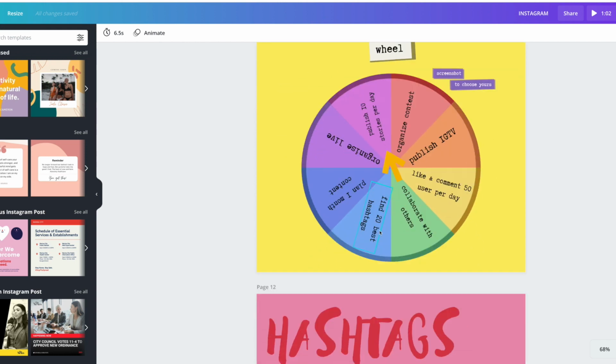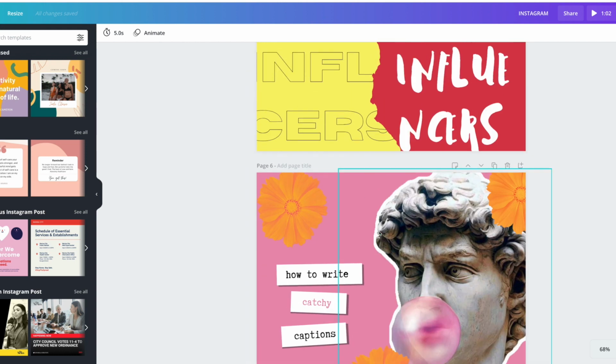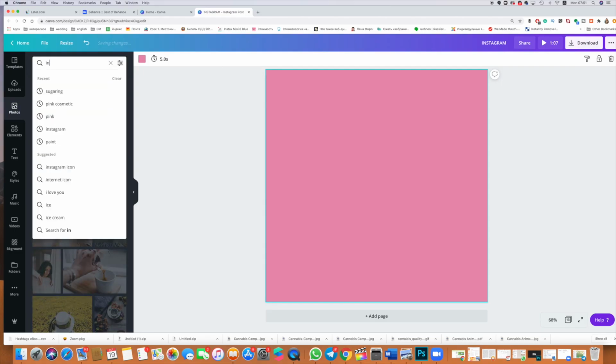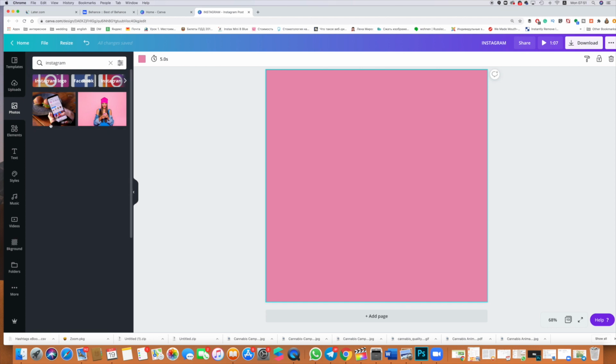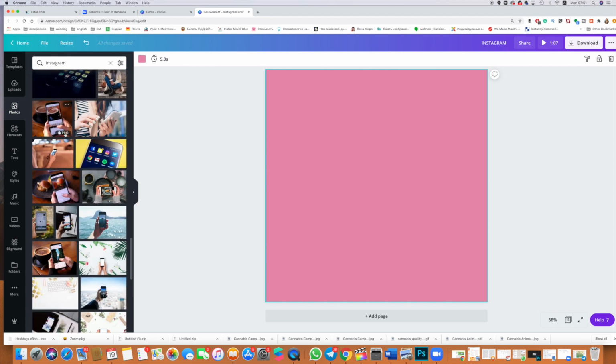It's a graphic design tool that works in an absolutely simple and easy way. You can enhance your images with any kind of creative text, some animated elements, and convert this post into a video, which would perform much better. You can use GIFs, and also what I love about Canva is that it provides you tons of free images that you can use for your Instagram profile. So go ahead and check Canva.